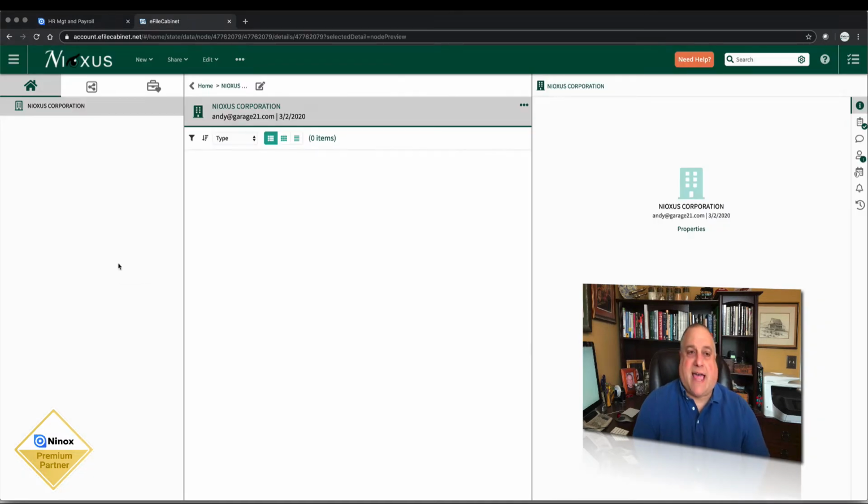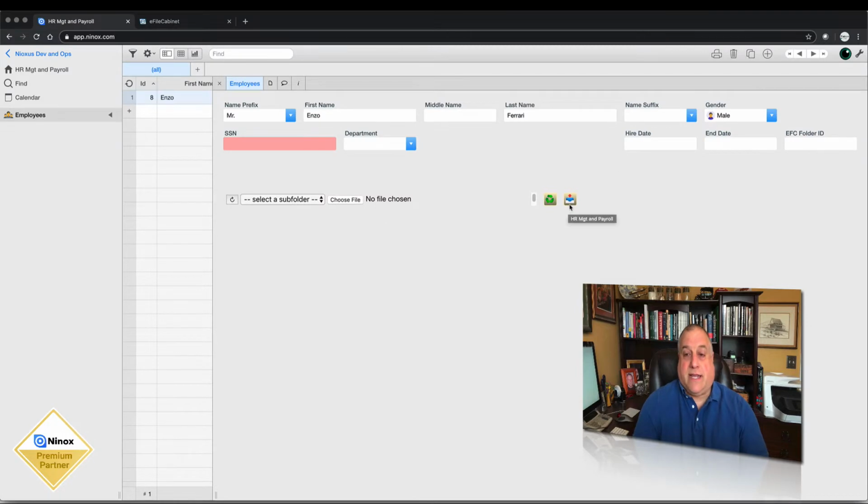This is eFile Cabinet by Nioxus. This is the new document management solution for Ninox databases. It's a simple system to set up, an incredibly powerful system to use. Let me show you. I'm simply going to go in and click this button to configure the filing structure for